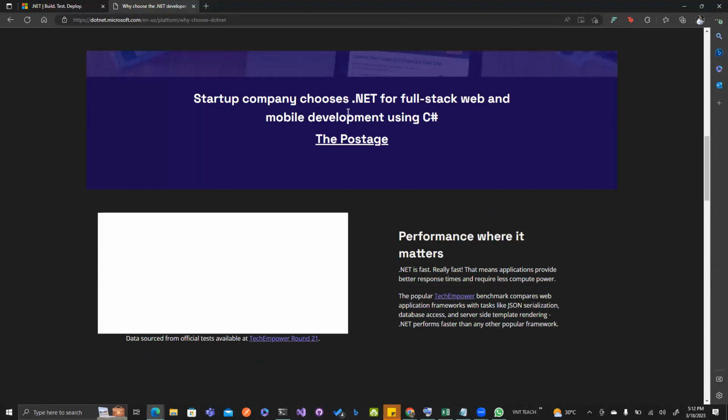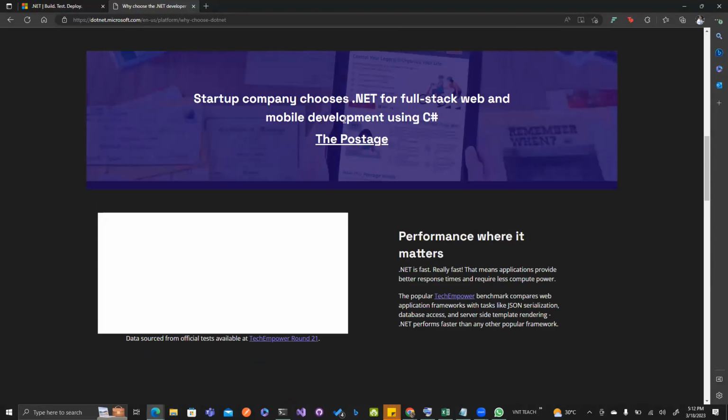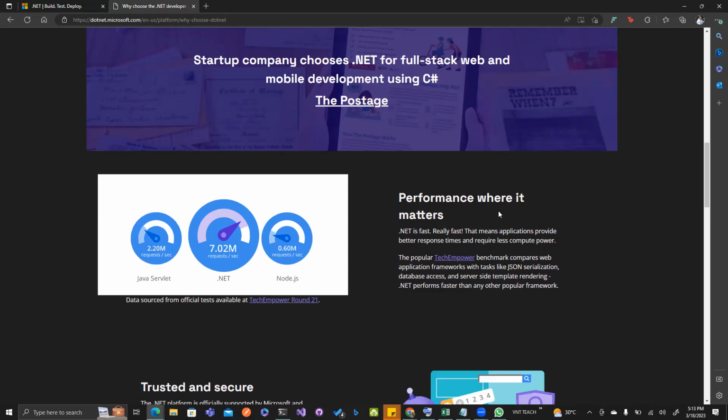Startup companies are beginning to use .NET for their full stack applications. Banks, enterprise applications, they're all using .NET, and it's like the way to go, right? The image I'm trying to look for is coming up here. So performance, yeah, it matters. Compared to Java Servlet or Node, .NET processes a lot more requests than Node.js and Java Servlet, right?